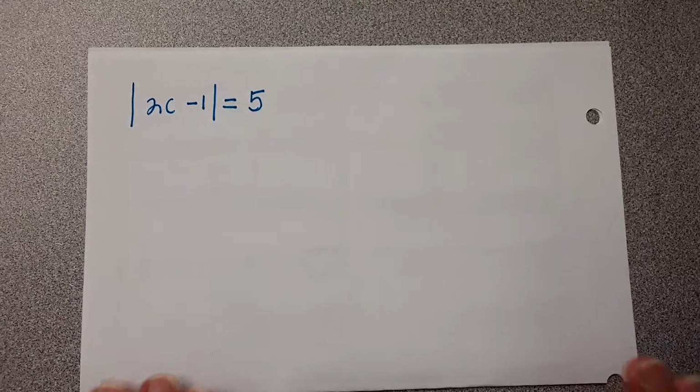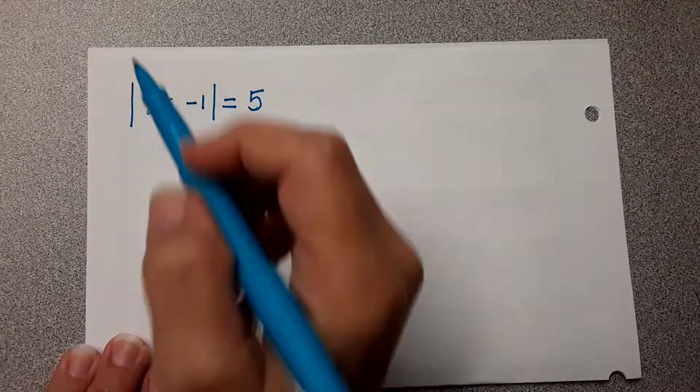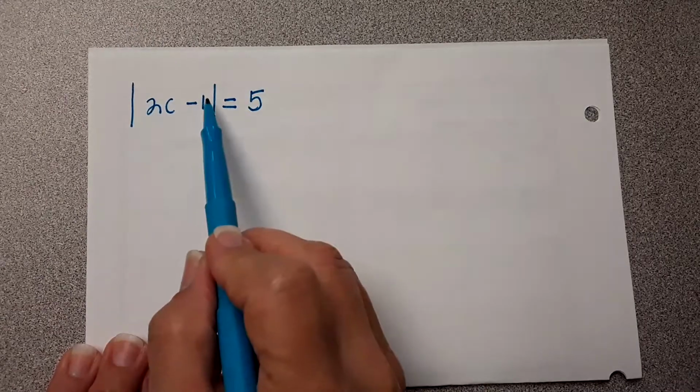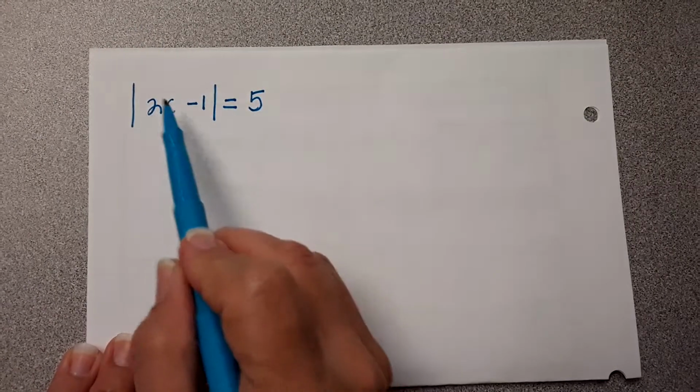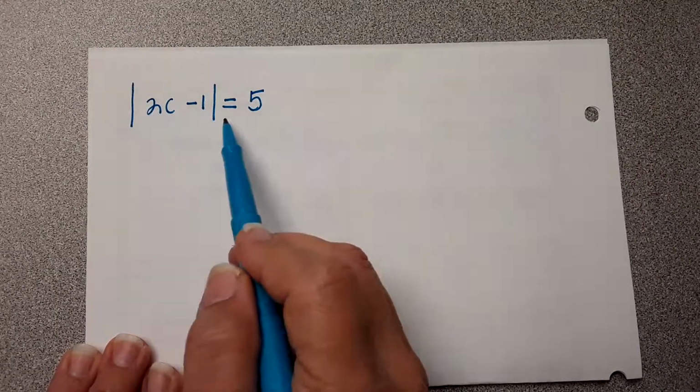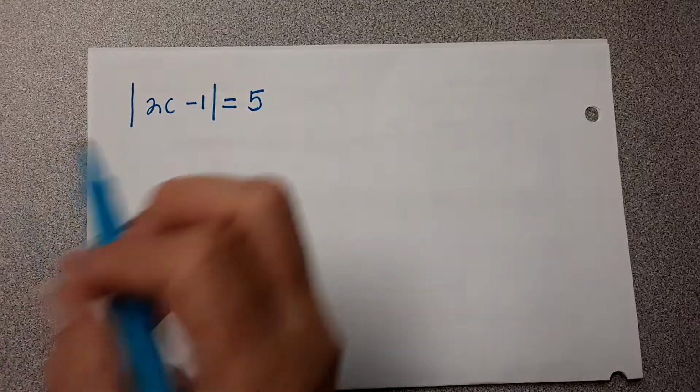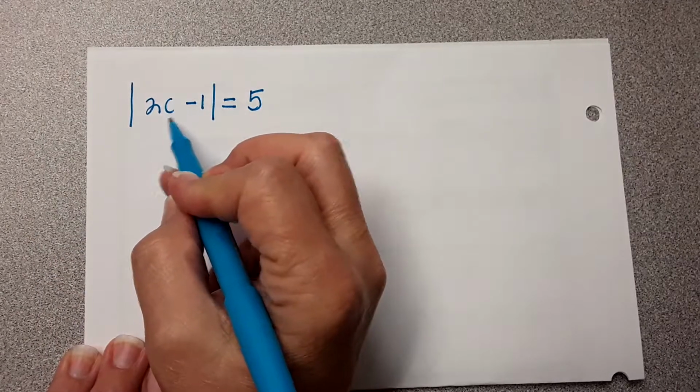Equal to positive 5 and negative 5. So you have w plus 1 equals 5. Okay, so when you have the absolute value of 2c minus 1 equals 5, we have two answers because inside can be a positive 5 or inside can be